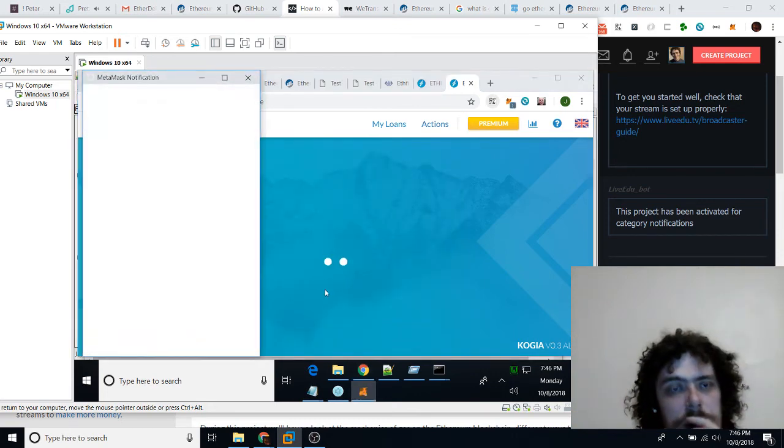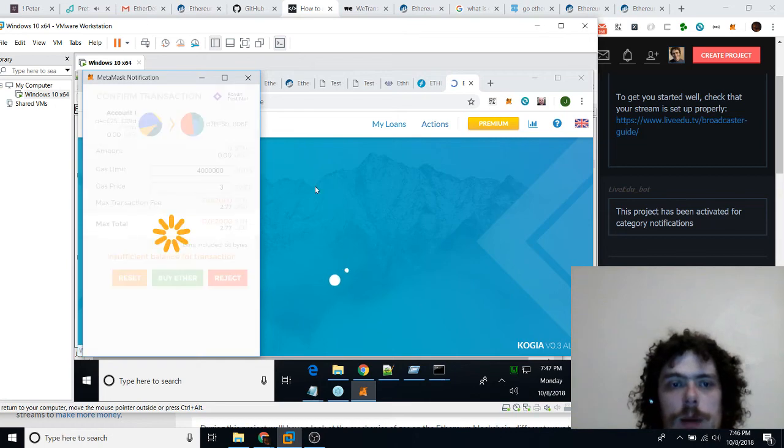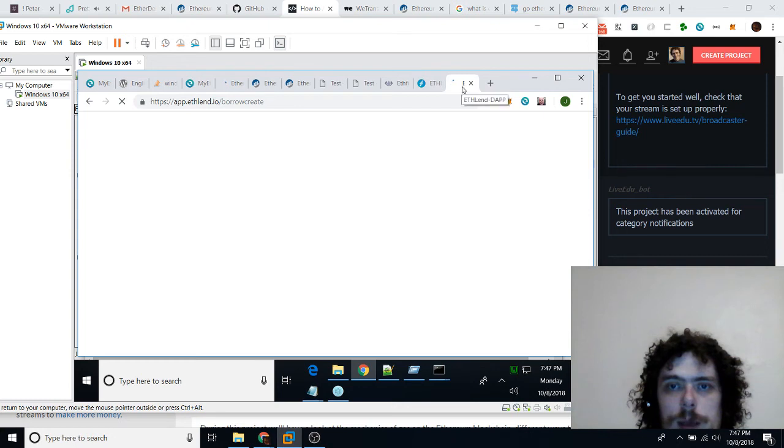Here's a MetaMask confirmation. So we're trying to send, I think, a signed transaction to ETHLend, and we get to set our gas limit, which suggests a whole bunch of gas here and 3 Gwei. So we could actually set that much higher. And obviously we have insufficient balance because we have no balance. What they suggest here would cost up to $2.77. And I'm pretty sure this is just signing the message that says that we want to use ETHLend, and then we get to go through their process later. But again, it's just another interface to the blockchain, and that's how you set the gas price and gas limit.